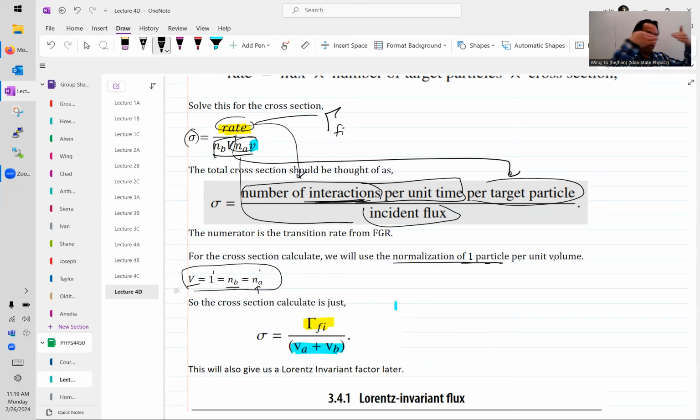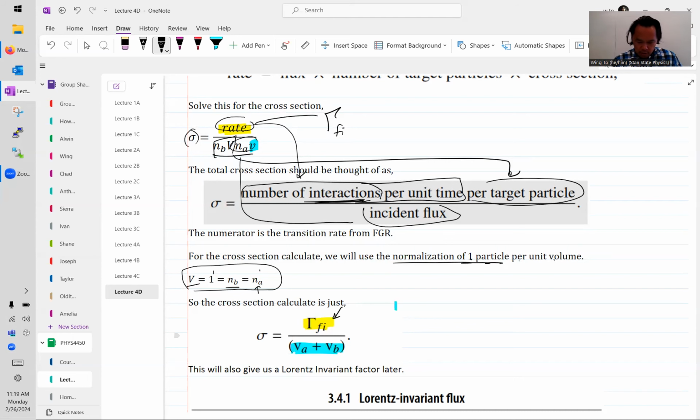Then it's actually just the relative velocity between the two particles that matters. So basically, the cross-section is the transition rate divided by the velocity between the two particles crossing each other,